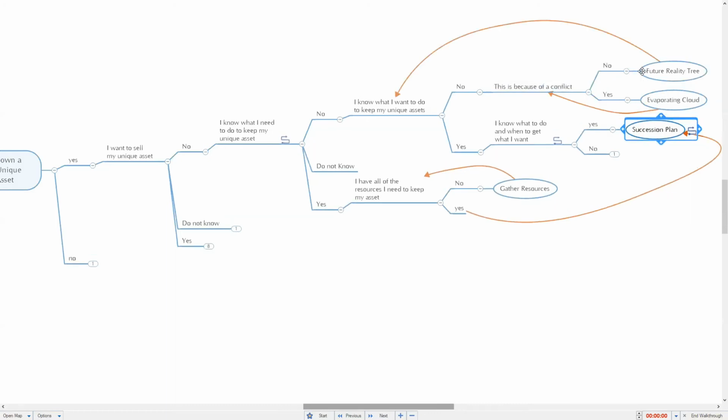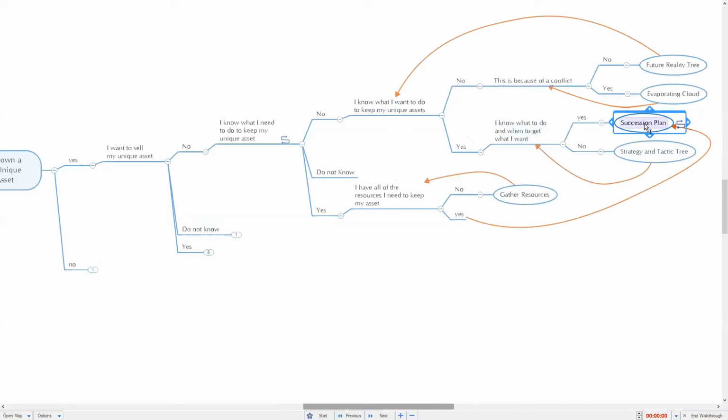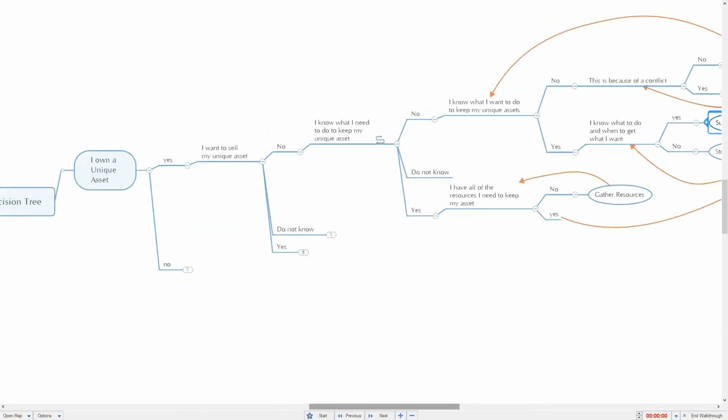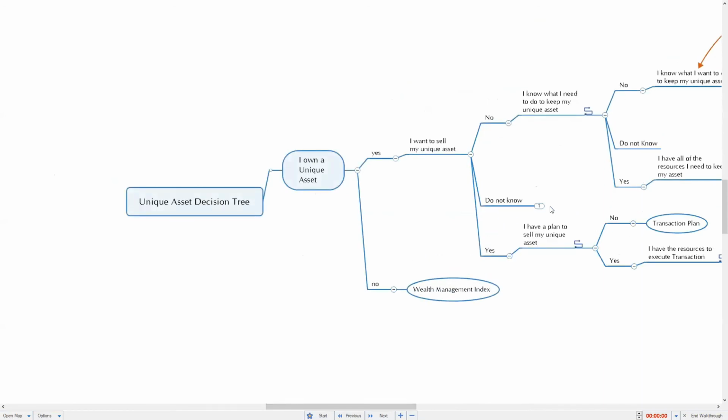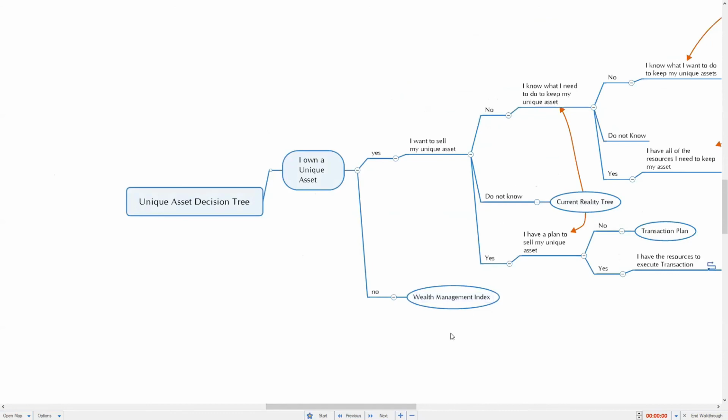If there is no conflict, then you have to say, well, what is the future reality that I would like to have? And go back to saying whether or not that would inform you as to whether or not you know what you want. And then you'd be able to have either a succession plan, or if you don't know what your succession plan is going to be, develop it through a strategies and tactics tree. So this is a very brief way of being able to say, how to step through the process of dealing with a